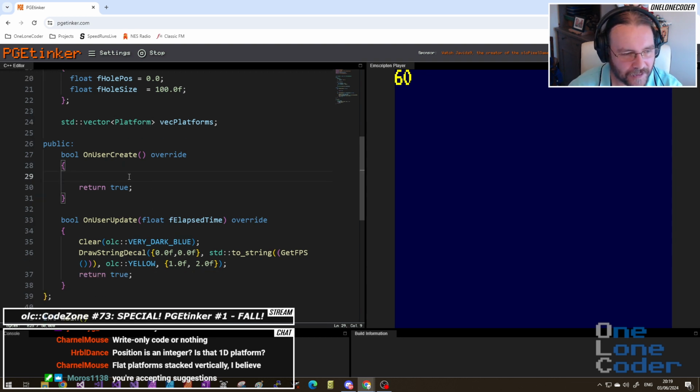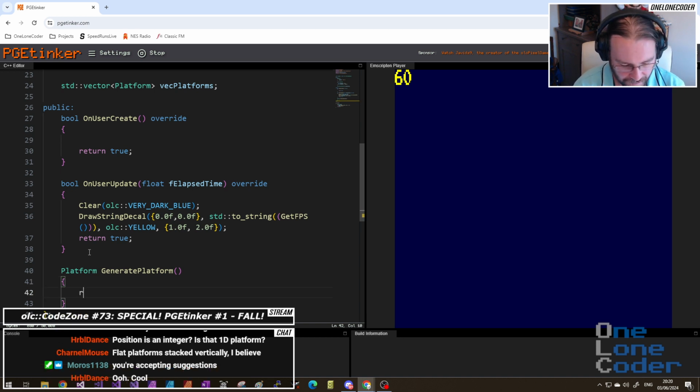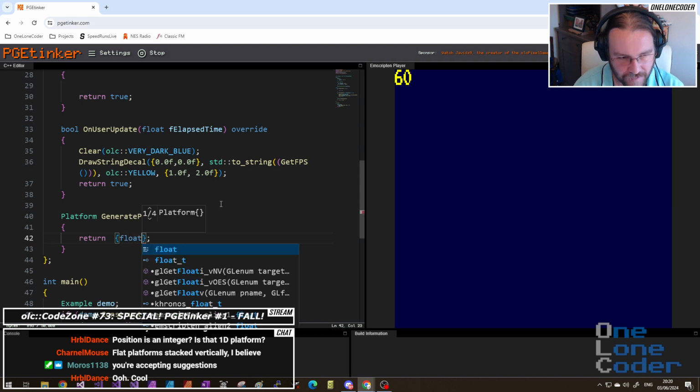I may as well populate. We'll create a function called create platform. They're so simple and this is so crude today. I'm just going to return the whole platform. Generate platform and oh good, okay. Return. What are we going to do? Return a platform. It's only got 2 things in it, which is where the hole pos is at the start. So I'm guessing that's going to be a random number. Float